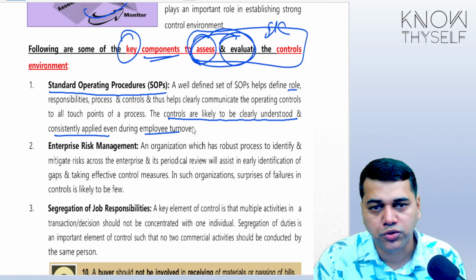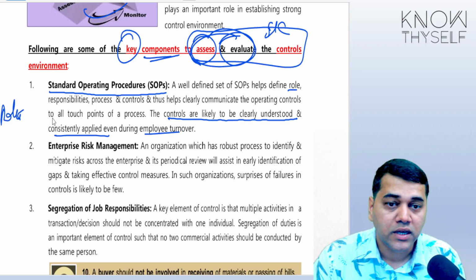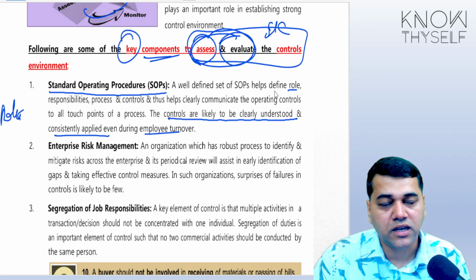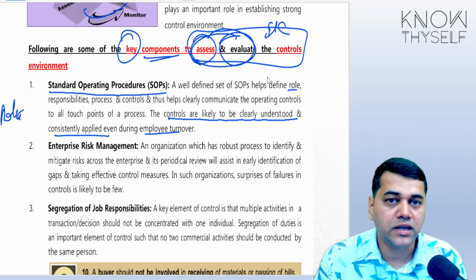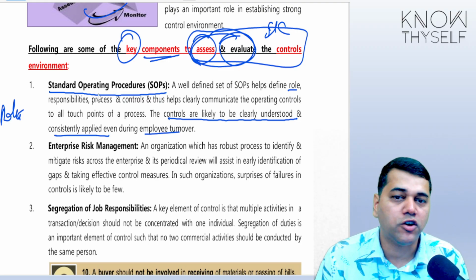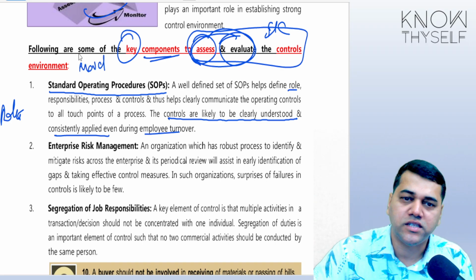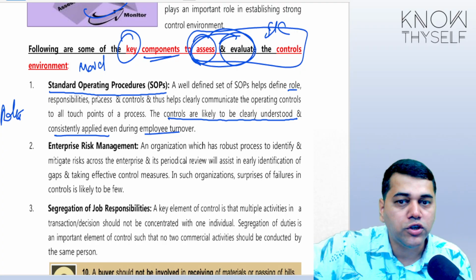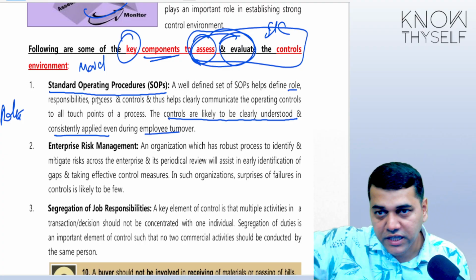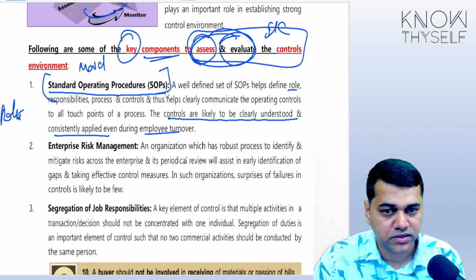What you are supposed to do, which authority level or which role is supposed to do it. That's why, students, when you learn the standard operating procedure, you understand how an organization is defined. Like who should clean the vessel. In your organization, you have a standard operating procedure that the maid should clean the vessel. Tomorrow the maid may change, but the role is not going to change. And when they are supposed to clean, what should be their protocols? Those are all defined in the standard operating procedures.